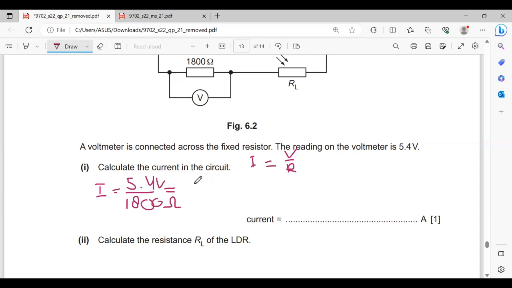And if you calculate, you're gonna have the result 0.003 amps. Or you may write it like this: 3 times 10 power negative 3